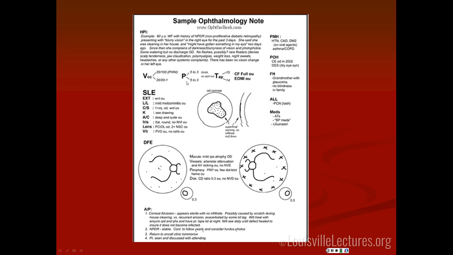The second one here is P for just pupils. And again, we don't do the PERRLA, pupils equal round reactive to light, because that doesn't really tell us too much. So we just write down what it goes to with light. So it started out at 5, went to 3, the other one did the same. But the main thing, and you probably can't read this here, but it says no APD-OU. That's the most important thing. You might see R-APD or just APD, and that stands for relative afferent pupillary defect,